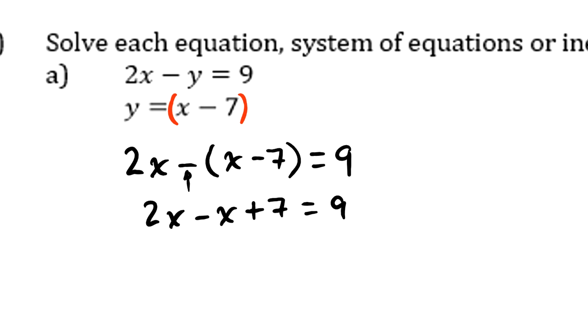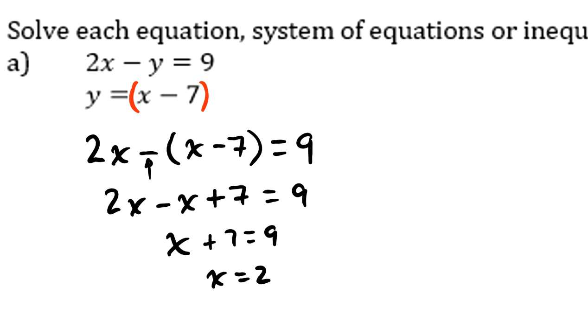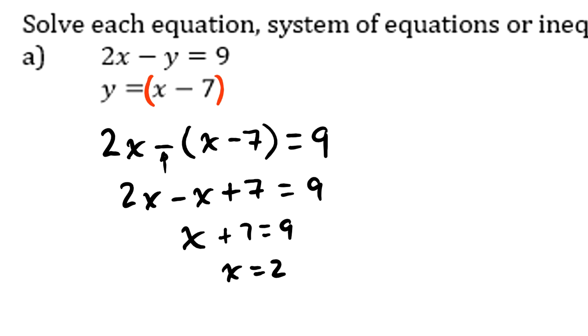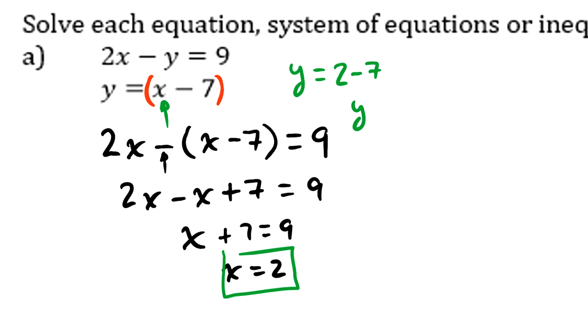So if I combine these like terms, this says x plus 7 is 9. If I take away 7 from each side, I get that x is the number 2. So I now know what x is. X is 2. And if I just plug this value of x into the original problem, right, if I plug it in right here, I could figure out y. Y would have to be the value of x I just found minus 7, which would mean that y has